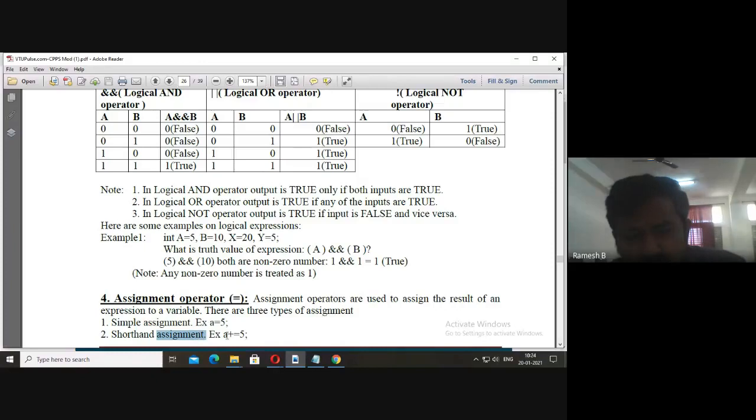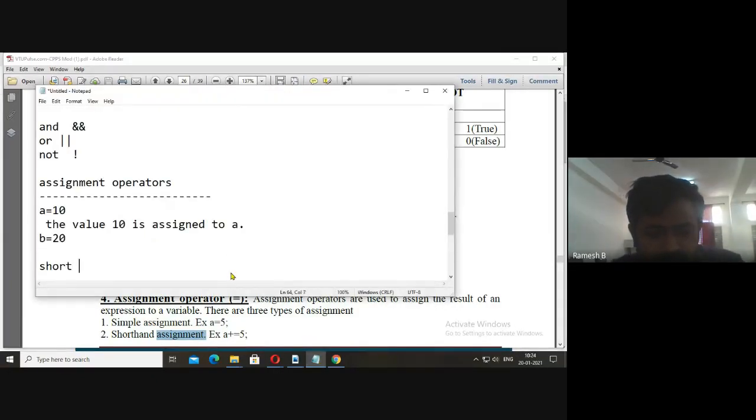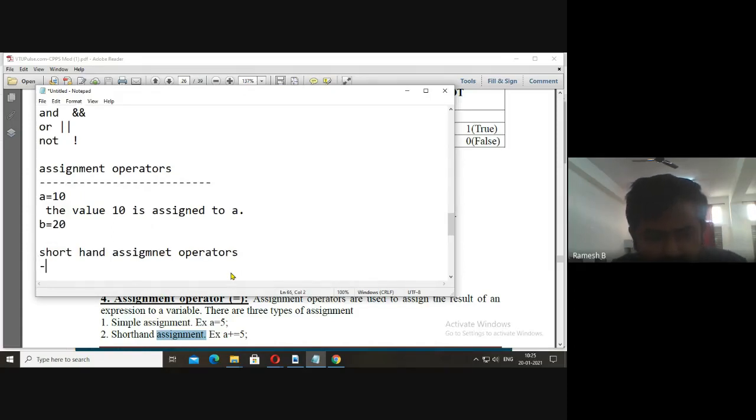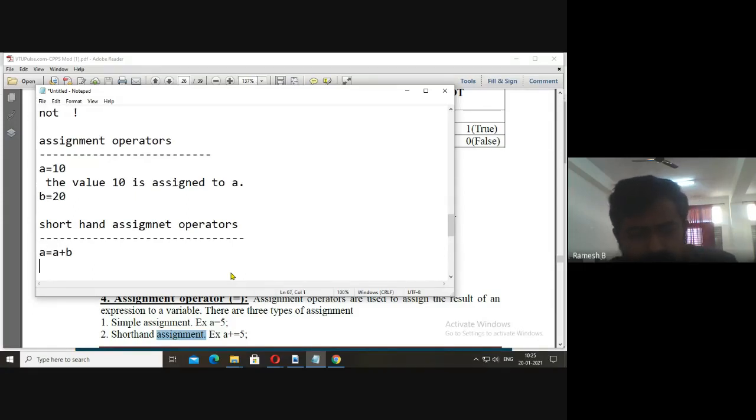Next, you'll be having shorthand assignment operators. Don't worry about spellings. Say A is equal to A plus B. Instead of writing like this, I'll be writing A plus is equal to B. This is known as shorthand assignment operator.